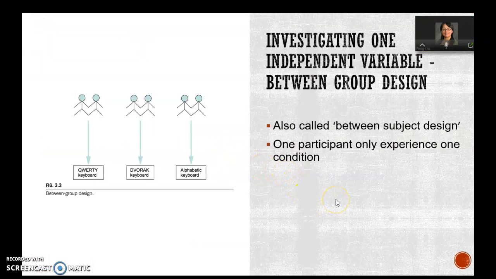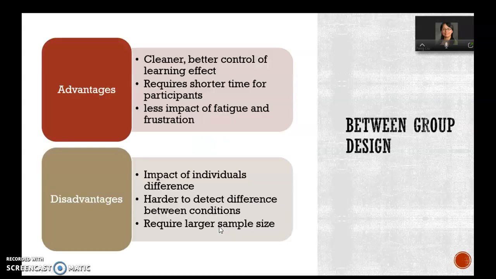So we talk about between group design, saying each of these participants will only do one condition and then they leave. Okay, so they don't do multiple of them. So that means we probably need more people doing the testing. The advantage of this between group design is clear: better control of the learning effect, because